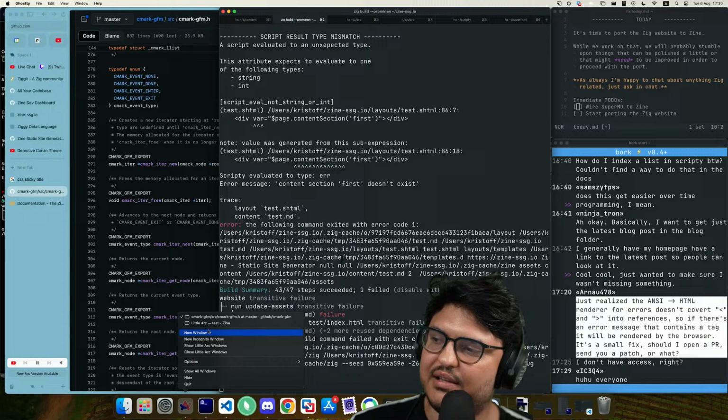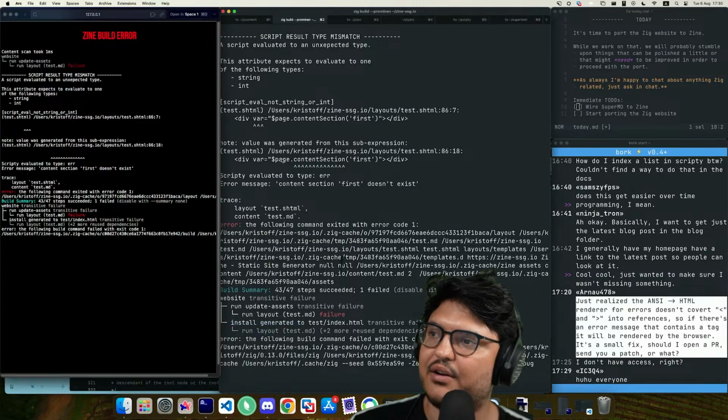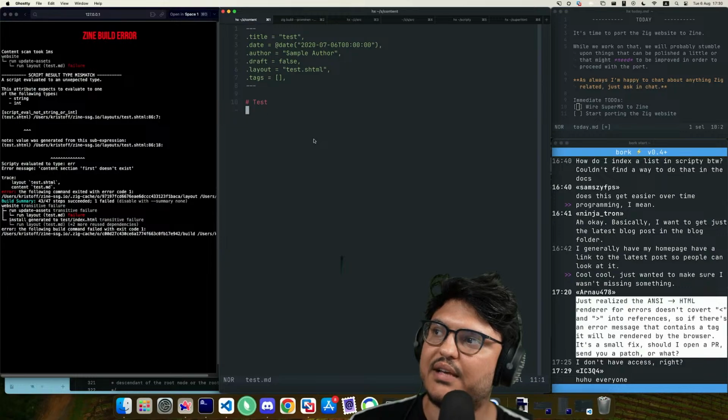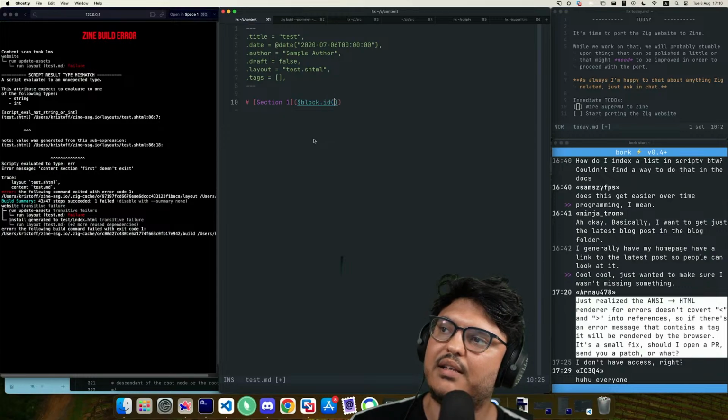Unfortunately, even if the rendering is gonna be borked, I can already tell you right away. But let's see. Let's get just a little bit closer. So now we're going to test AMD, and let's make this thing happen. So test, or rather, section 1 is a block.id first. This is the content of section 1.